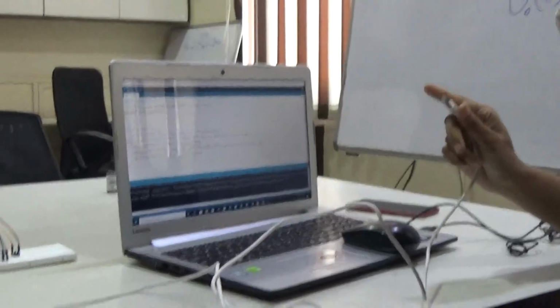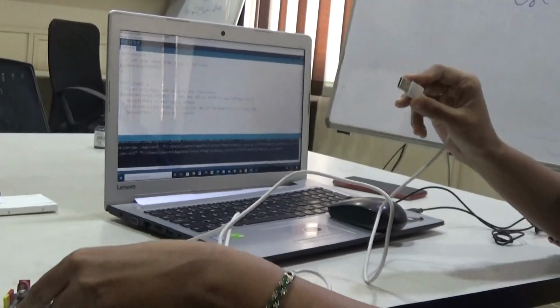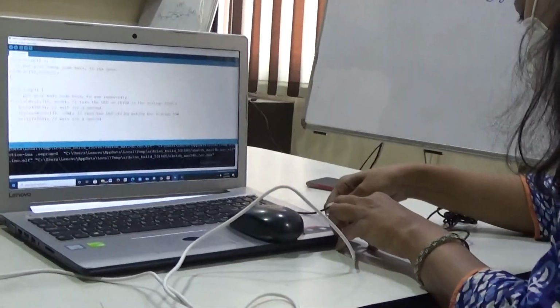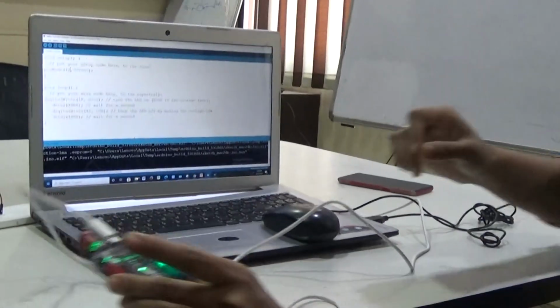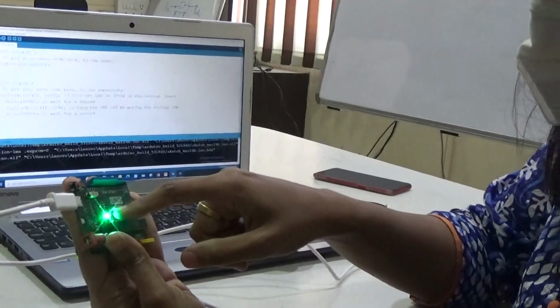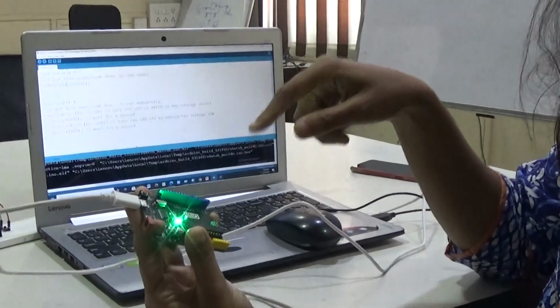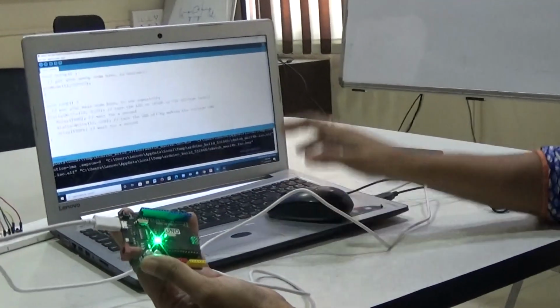So first of all, we will see that the kit is going to act like a USB to your laptop. Okay. So accordingly, I am going to connect the kit as a USB to this laptop. Once I connect the kit as a USB to the laptop, here I am going to see one LED which is on, which gives us an indication that the kit is on to use. So now you can upload any program to the kit. So now we will see the live procedure to upload the program.